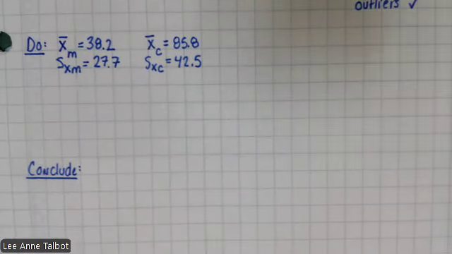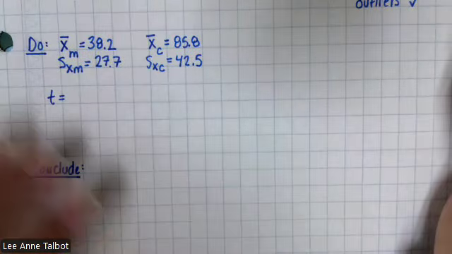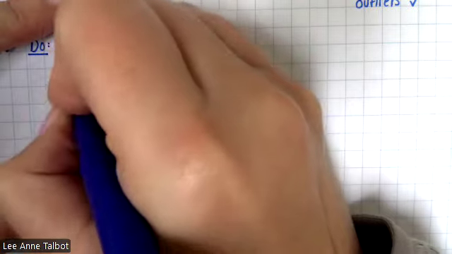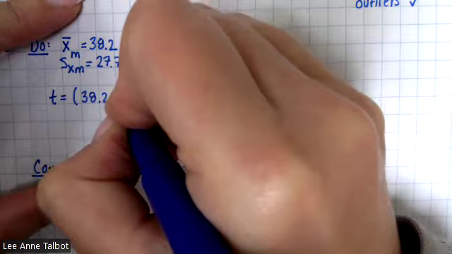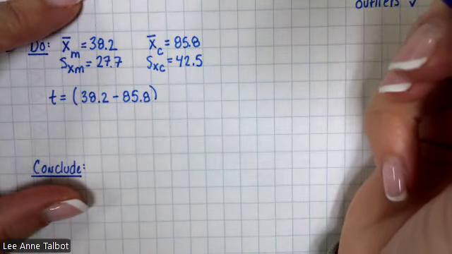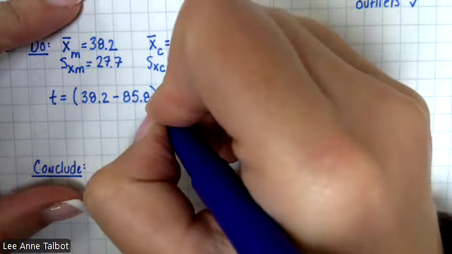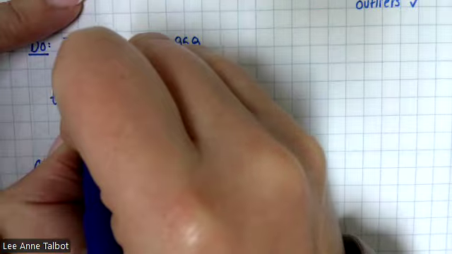Okay. T equals statistic 38.2 minus 85.8. That's really kind of a big difference. Minus parameter over